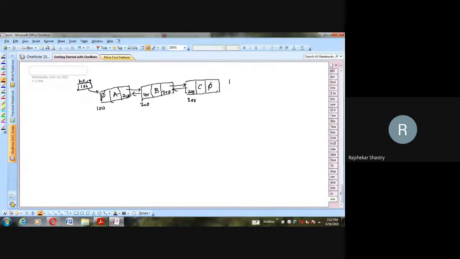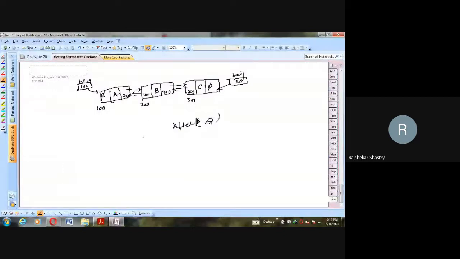Tail is a pointer having the node 300. Now I want to insert a new node after B or before B. No problem. After B, insert the new node, say Q. So after B, the new node holds Q. What do you do?